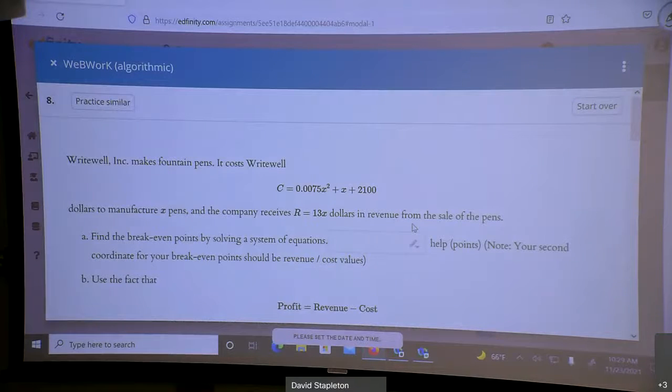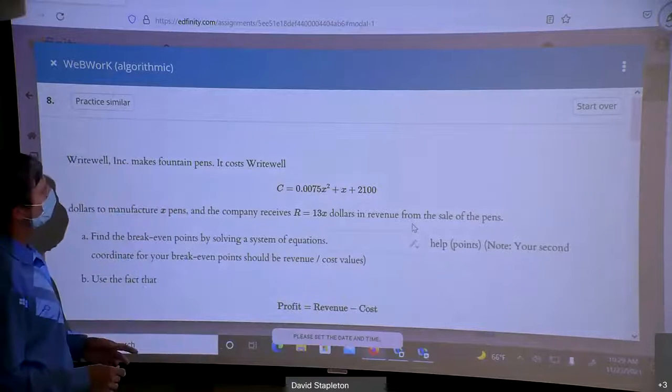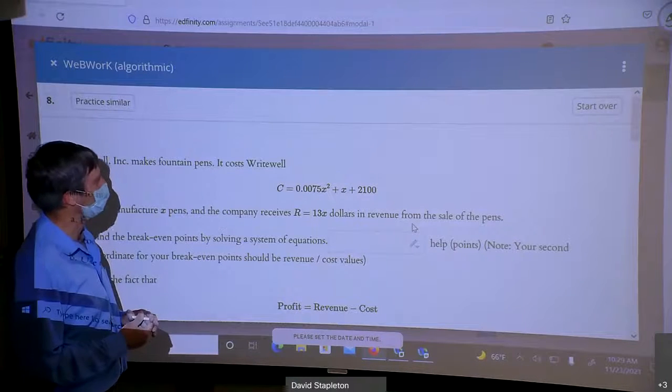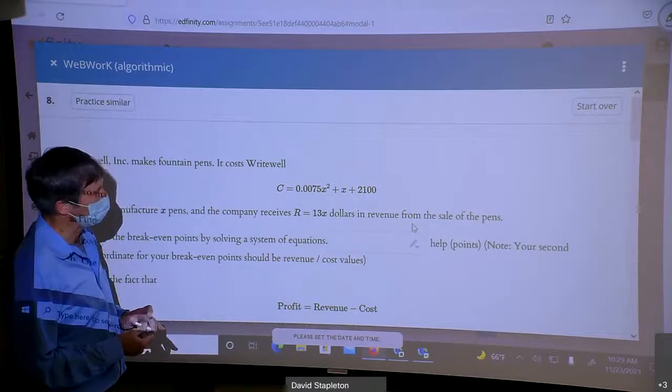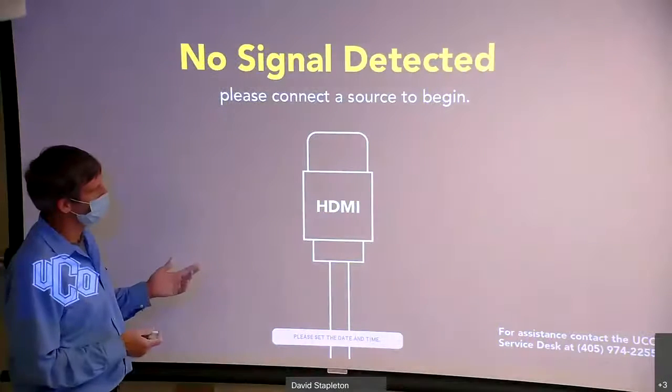All right. So Lightwell Incorporated makes fountain pens, and it costs Lightwell. This is a cost analysis. Maybe some of you are business majors now instead of physics. This is a common thing to get parabolas in cost analysis too. And cost and price. Like if you make a price,